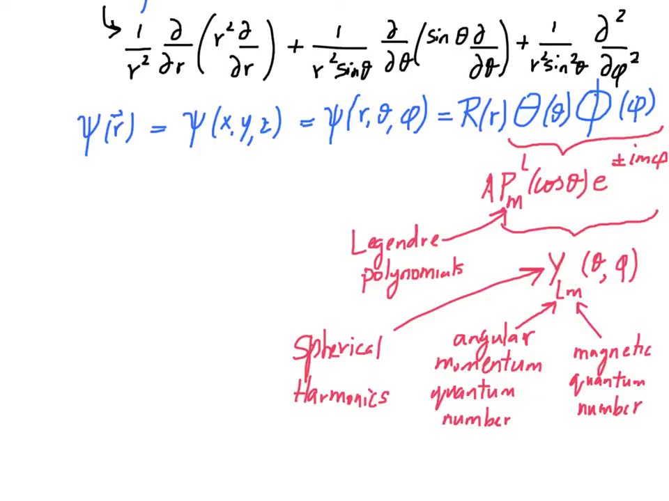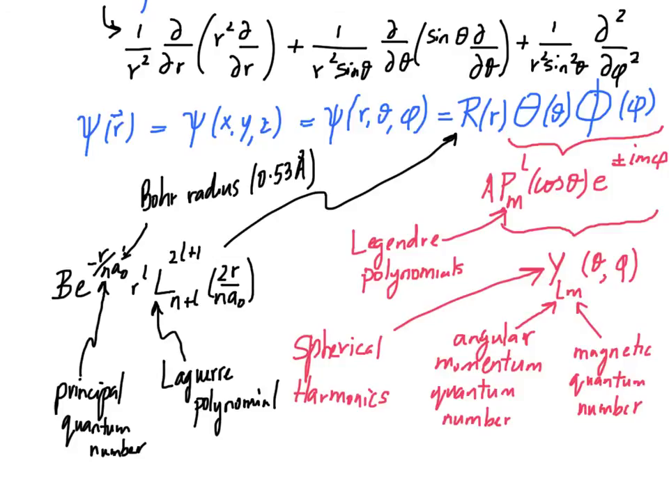So Y is a function of theta and phi, and it has the two indices L and M, which are both integers, and they represent two types of quantum numbers, the angular momentum and the magnetic quantum numbers. So that's the angular dependence, right? That's the theta and phi dependence. Now let us take a look at the radial